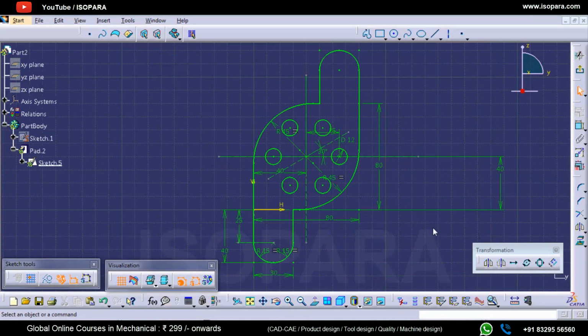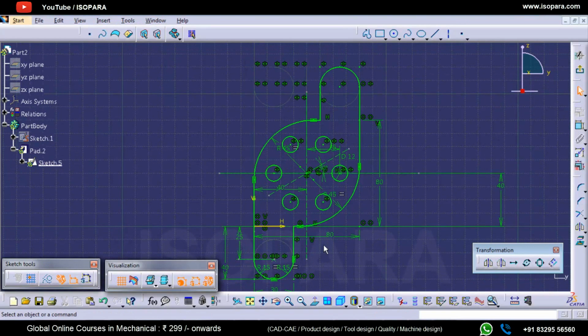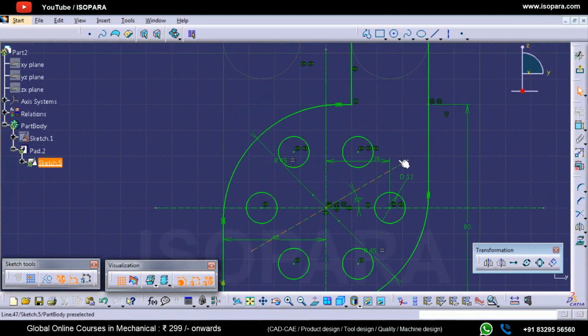You may have noticed in my previous video that the sketch doesn't have any tangency symbol anywhere, any coincidence symbol, any vertical or horizontal symbols, like the constraints. Why is it not showing any constraints here? The basic reason is that you missed clicking on the geometric constraint. When I click on this, you will find lots of constraints, even constraints for the mirroring over here.